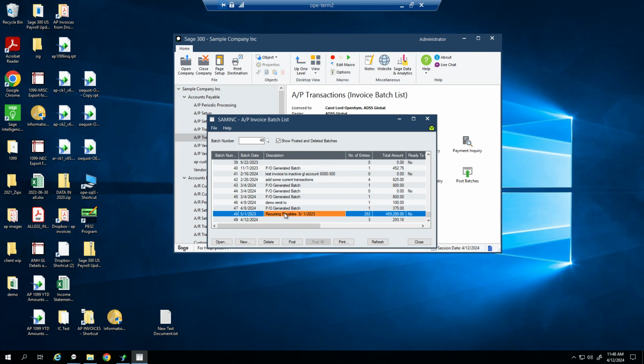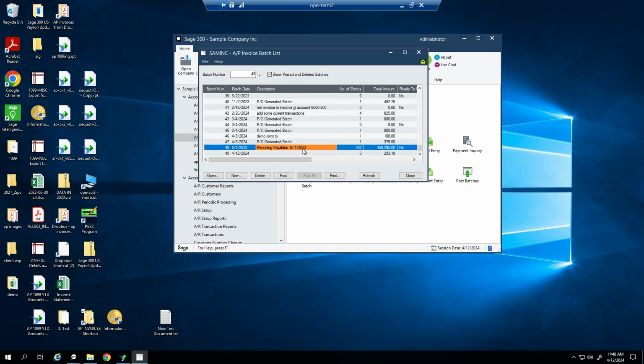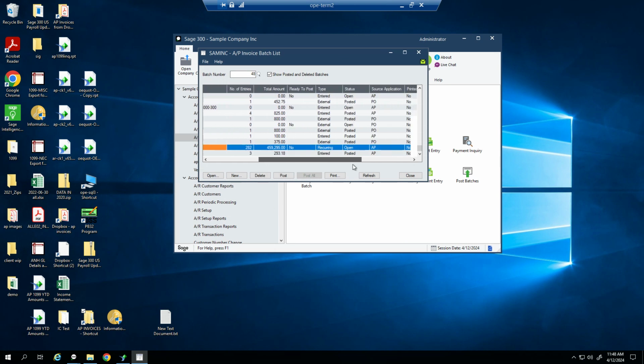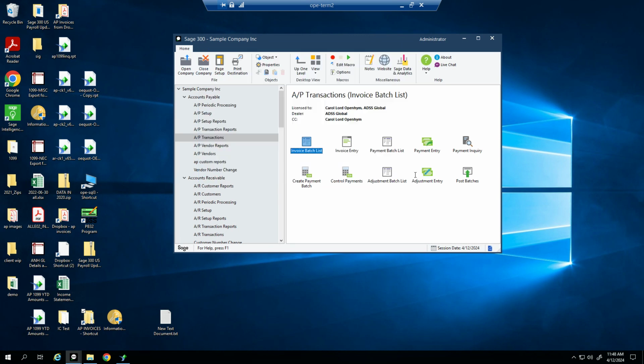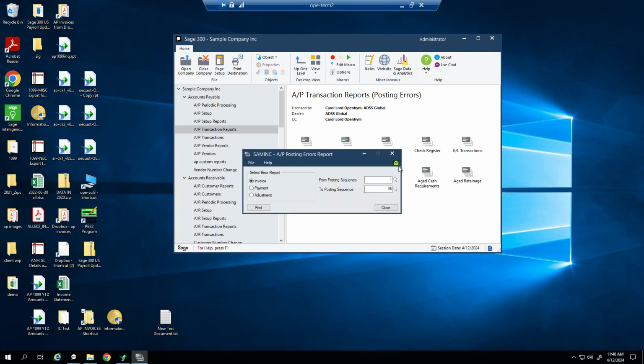And what would happen is then you would go to batch 48 and you'd scroll over and make note of the posting sequence, which is here. 36 would be the posting sequence. And then you would go back to your transaction report and you would print your posting errors for posting sequence 36. Now, there aren't any, but that is another frequent thing that people who don't know about this report, they'll